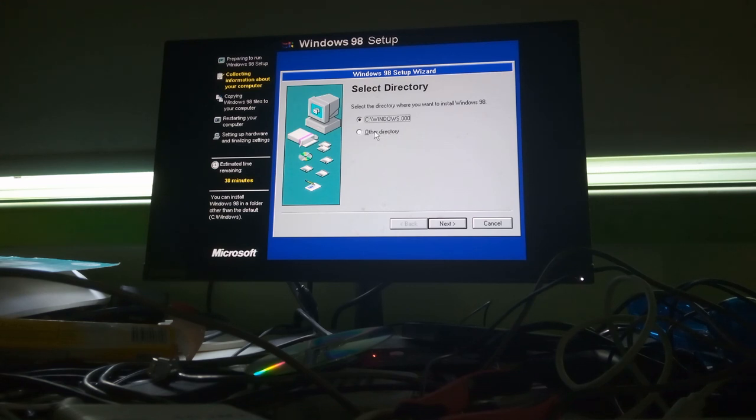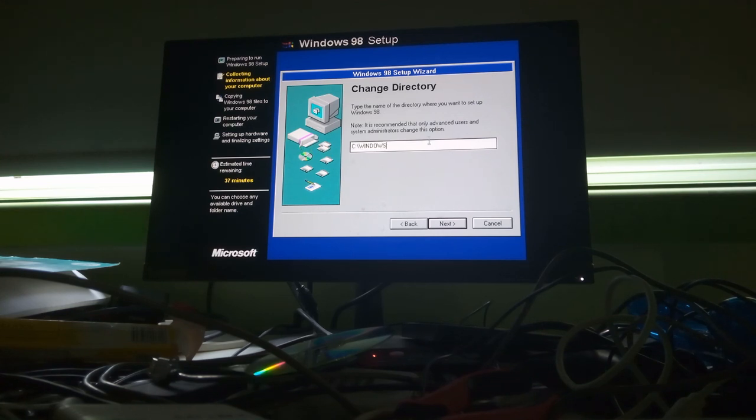And in fact, a lot of software probably depends on Windows being in C:\Windows. So we're going to just select other directory and say that no, we actually really do want to install